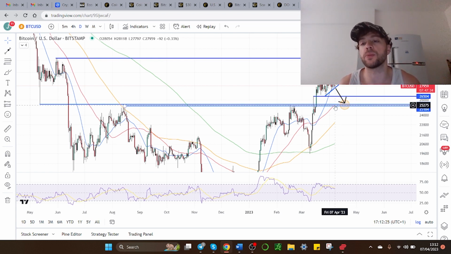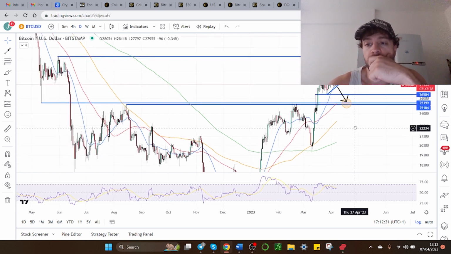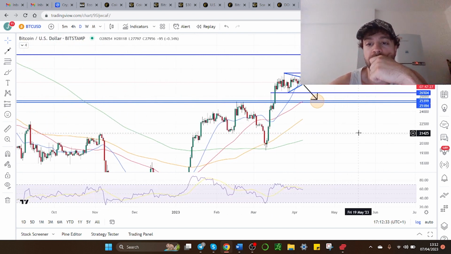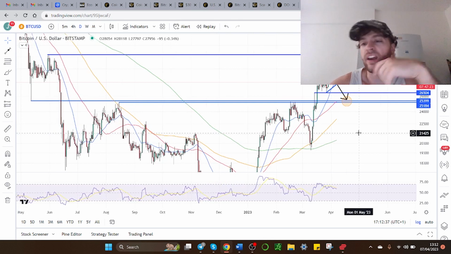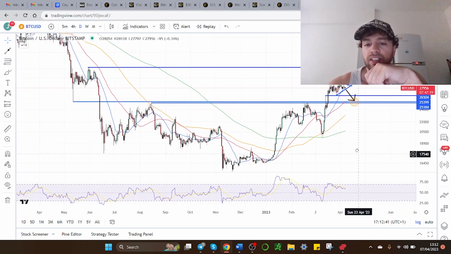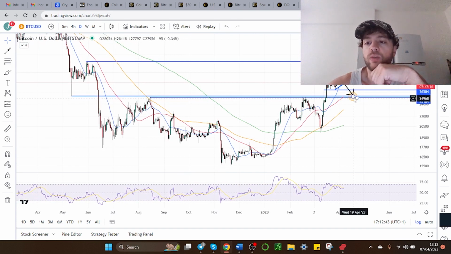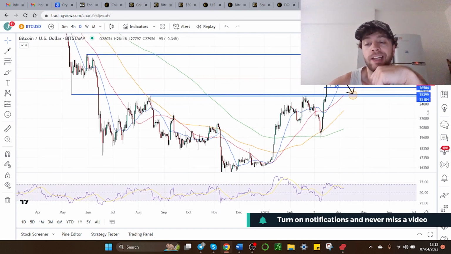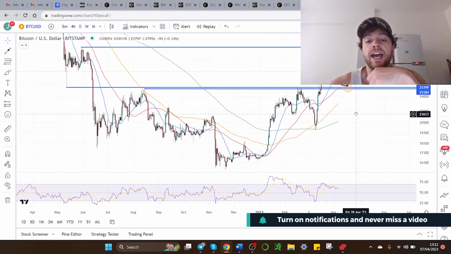And then looking for that to potentially turn support again in the 25,000 to 25,500 area. That's actually in line with where the 50-day moving average is right now. Would be a pretty good area of support, I think. But this is certainly a trade idea that I'm monitoring at the moment. For me, to be honest, the thing I'd really like to see is this pullback to the 25,500 area, because that could potentially offer an opportunity to add some